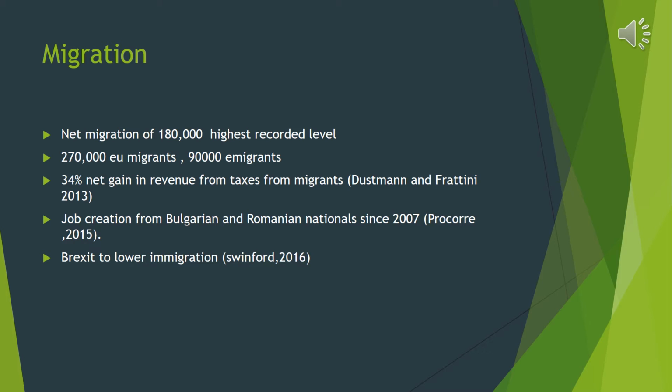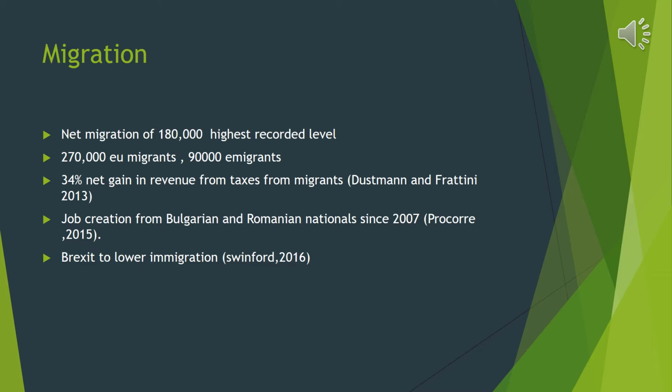Migration and immigration was one of, if not the key battleground of the referendum, with both sides claiming various statements about the positives and negatives of migration. The Leave campaign said that the vote to leave will help the UK to regain control of its borders and reduce immigration this way. They claimed that immigration was taking British jobs and straining the infrastructure, although there is little evidence to support the claim about jobs, as many EU migrants take low-paid seasonal jobs such as farming, which UK job seekers typically aren't